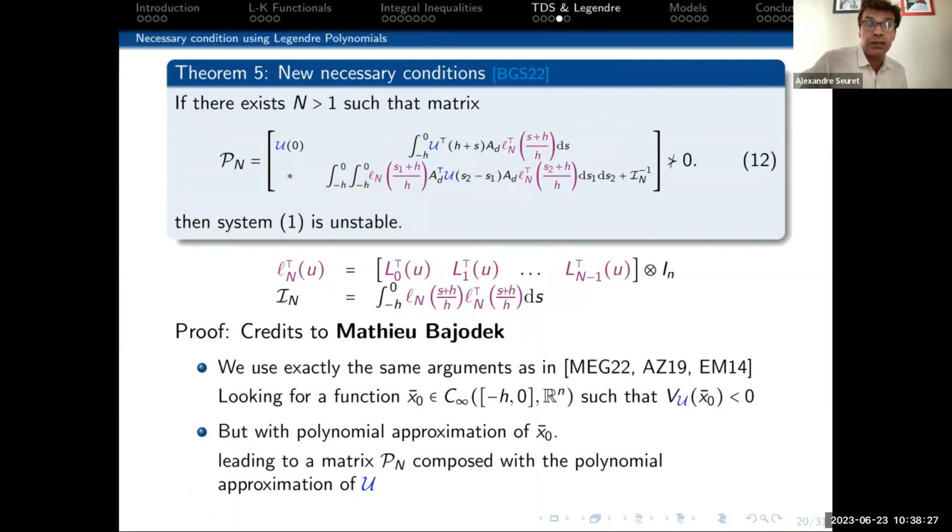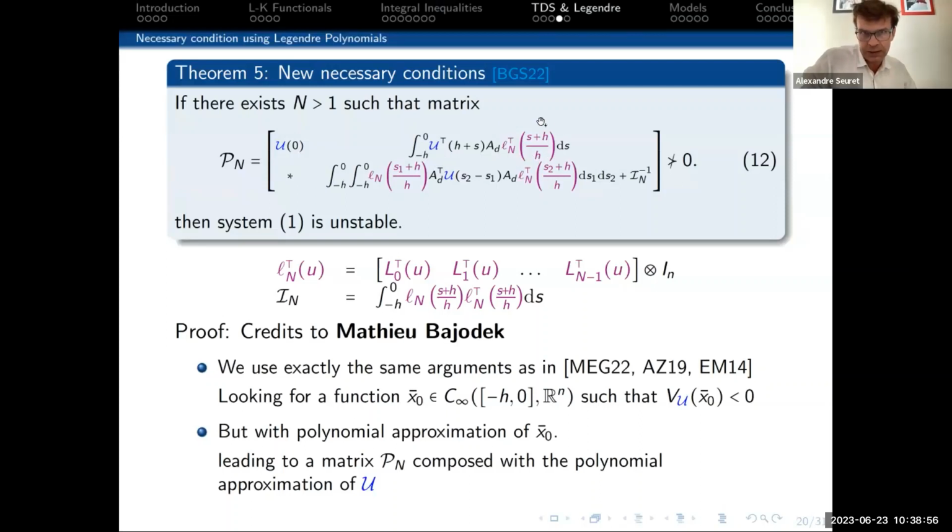Mathieu got this very nice result, a new necessary condition for stability of time delay systems, which states that we compute a matrix that is composed of the Lyapunov matrix U,